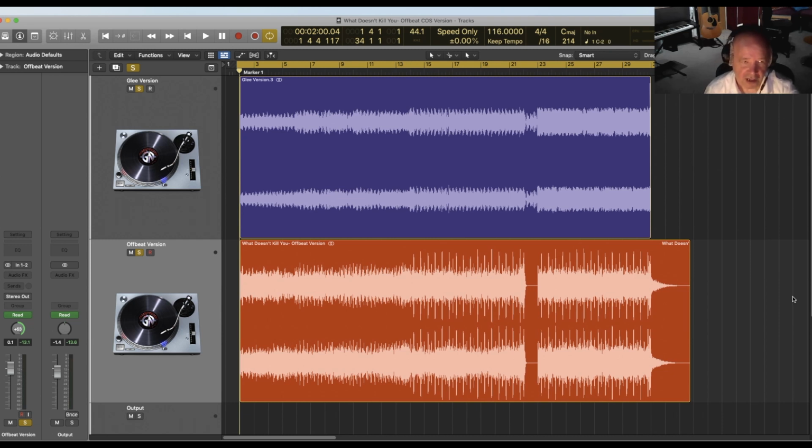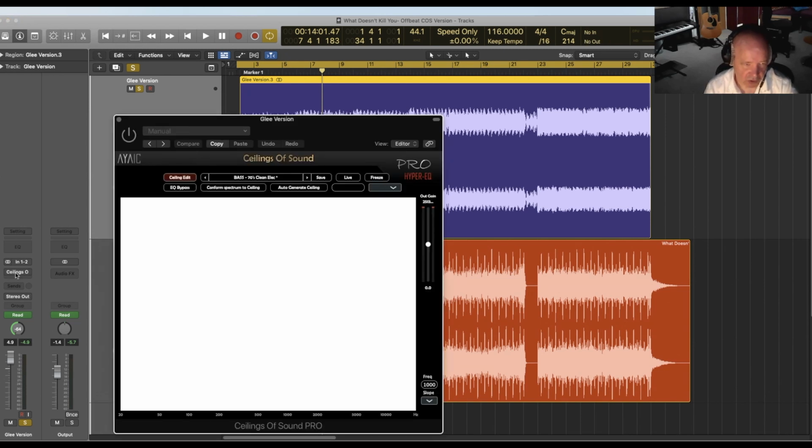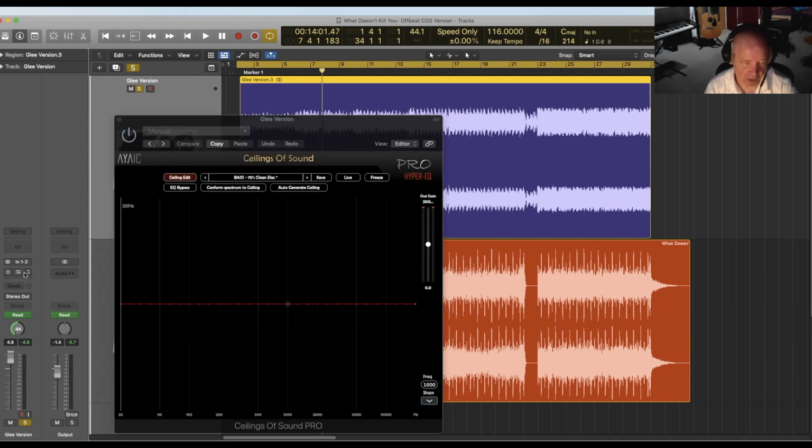Okay, so on the left again is the Glee version, and on the right is the Offbeat version. So let's have a listen. These are the finished mixes together. Okay, it's pretty good, but let's just try this Ceilings of Sound process. Ceilings of Sound is basically a hyper EQ, but you can use it for all sorts of purposes that I've found very useful. So let's just